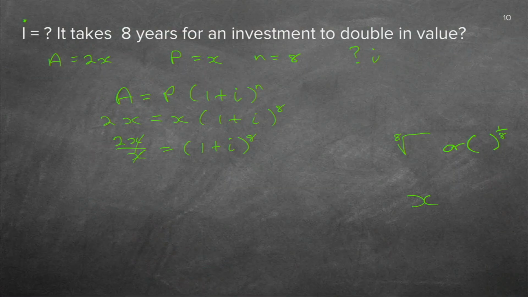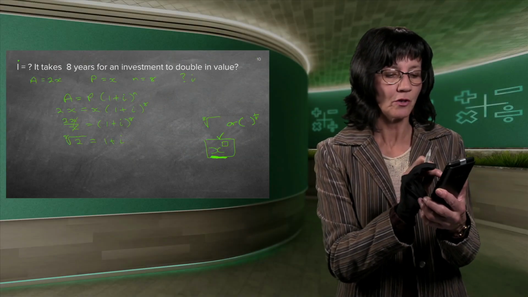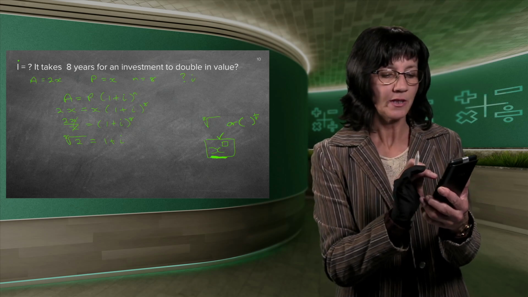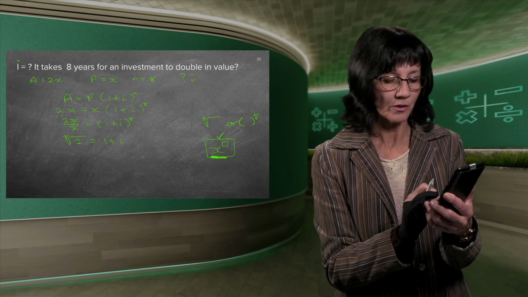So if you go to that X with the little block on top of it, you need to click. But let's just write it down first. On the right-hand side, you'll just have 1 plus I, and on the left-hand side, there was a 2 left, but I need to draw the 8th root of 2. So I go to that button, I click Shift, and that button, X with a little block on top, and then it gives me the exponent on the outside. So I want an 8 on the outside. So you move with your cursor. On the outside, I want an 8. And on the inside, so I move with the cursor to the inside, I want a 2.